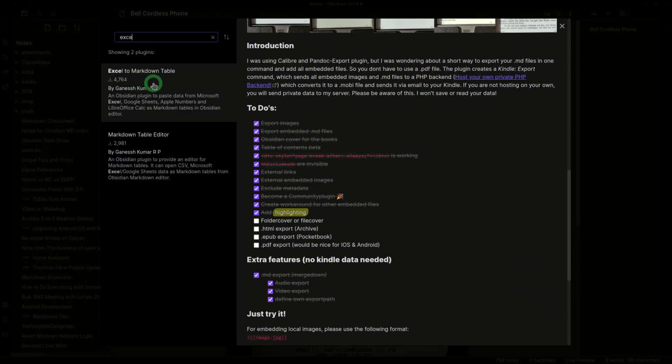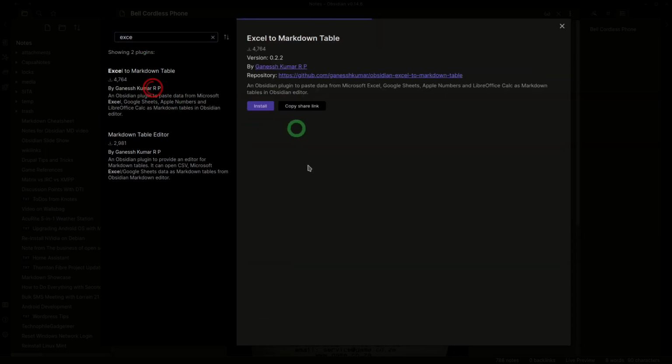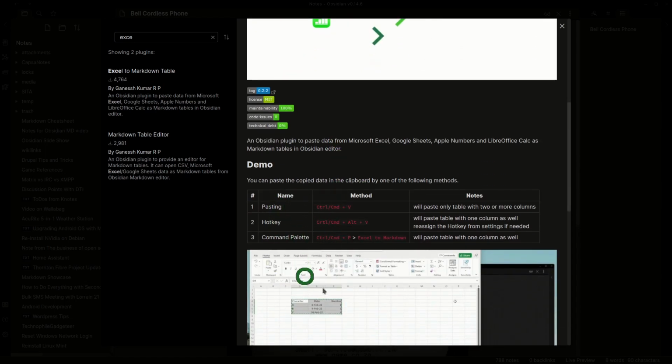Excel to, you can import from Excel to a Markdown table and into a Markdown table editor. So if you've created something in Excel, I think it'll import it into a note so that you will have,